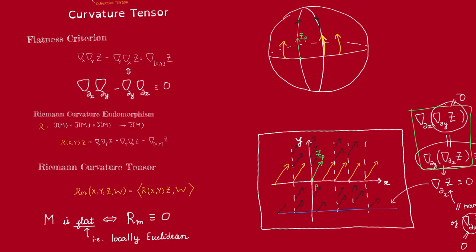In the previous video, we defined the curvature tensor for a Riemannian manifold. Recall that we get this Riemann curvature tensor from the Riemann curvature endomorphism. This Riemann curvature endomorphism is a 3-1 tensor, which measures the extent to which our manifold fails the flatness criterion. So what we want to do in the subsequent videos is to relate this to our discussion of curvature in